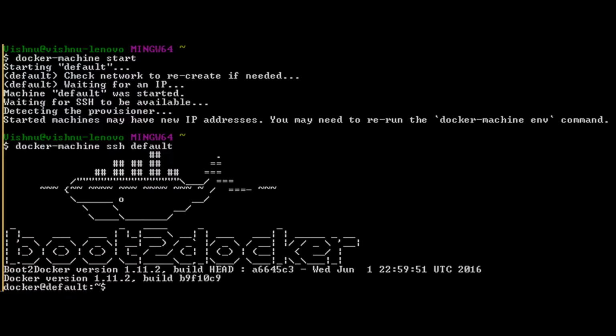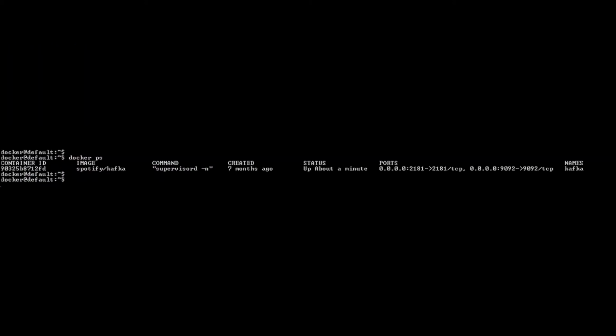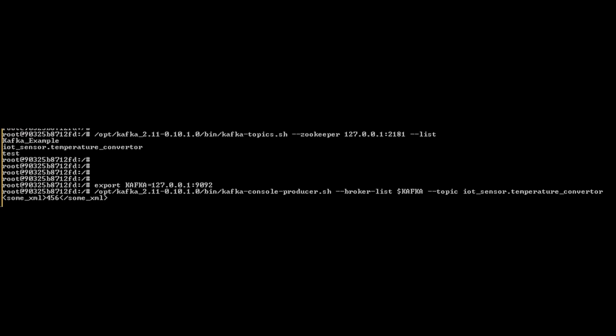Next, open Docker terminal, log into VM. Then start your Kafka instance. You see two ports are mapped, 2181 and 9092. 9092 is Bootstrap server port. 2181 is for Zookeeper. Here I am listing the topics available in Kafka and then publishing records to IoT topics